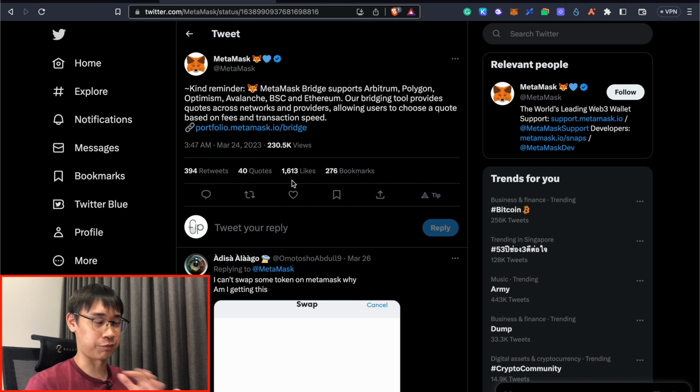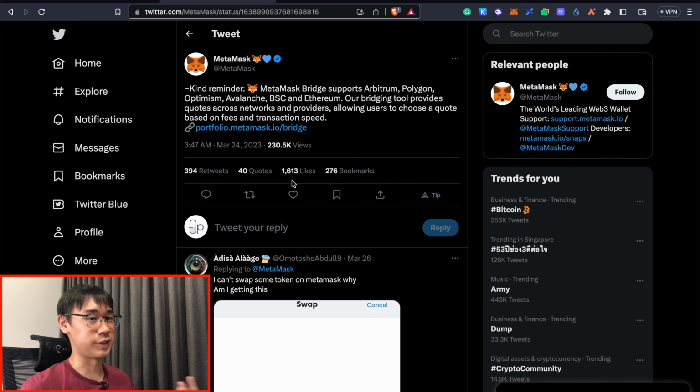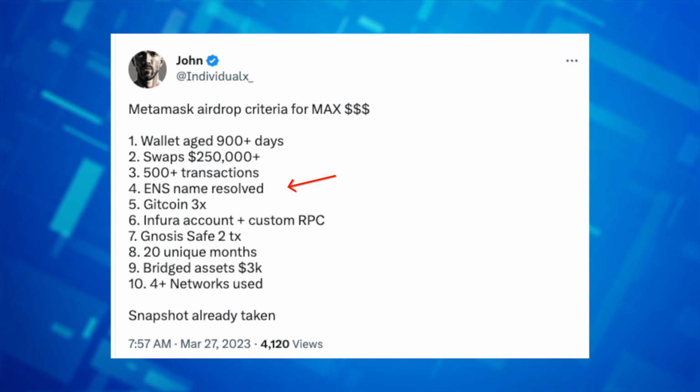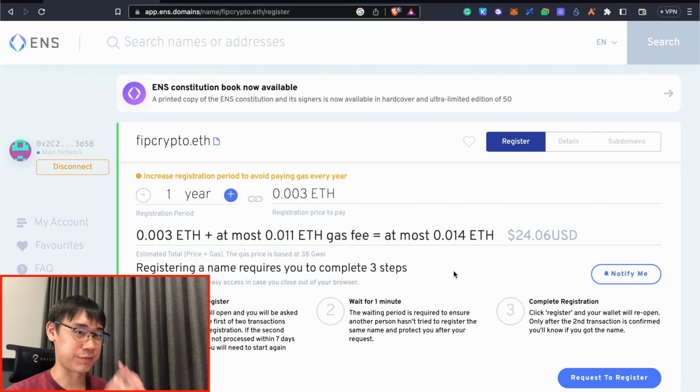The rumored snapshot for all of these activities is on the 31st of March, so it'll be best for you to perform all of these transactions before this date. Apart from using these features on MetaMask, there are also other ways that you can potentially qualify for this airdrop, and some of the rumors include that you need to purchase an ENS domain as well as create a multi-sig wallet on Safe. So this potential airdrop has finally spurred me to purchase my ENS domain, which I've been delaying